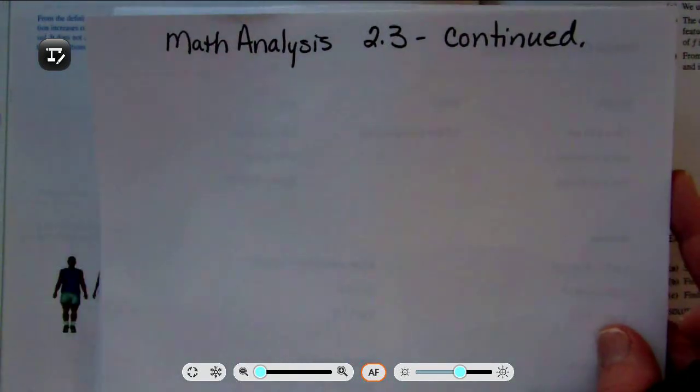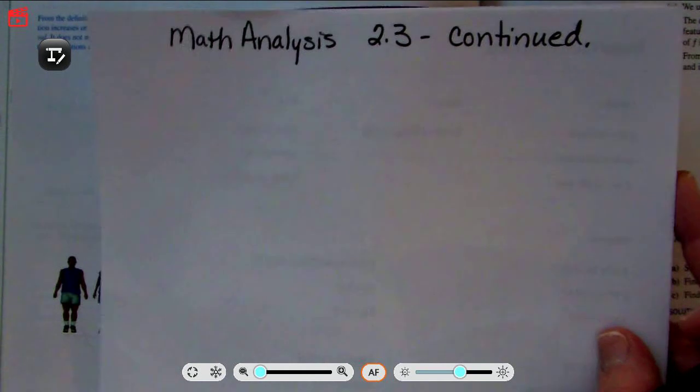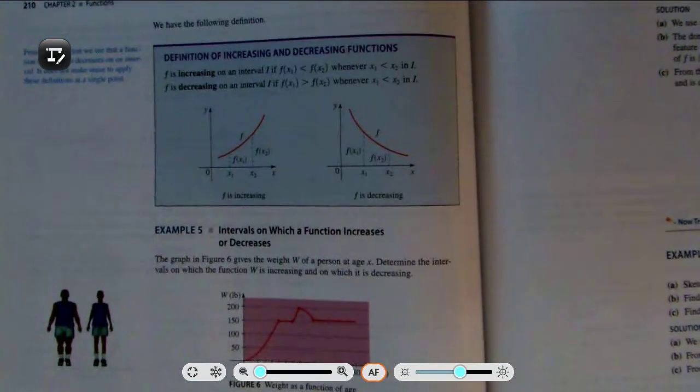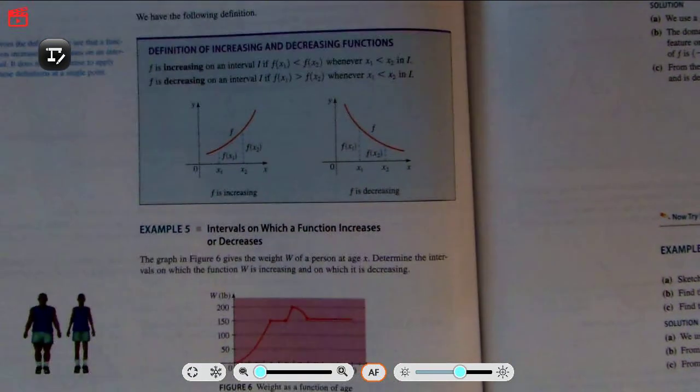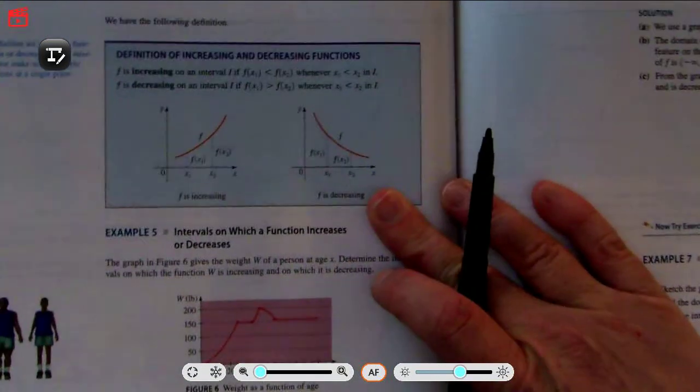Hi everyone, we are continuing our talk on section 2.3 on getting information from a graph. And I said we would go into our textbook and look at some of those definitions. I don't like to write the definitions all the time in my lectures simply because you have access to the textbook, so you should be using your textbook as well. So I'm going to go into our textbook and look at this definition for increasing and decreasing, just so you can start